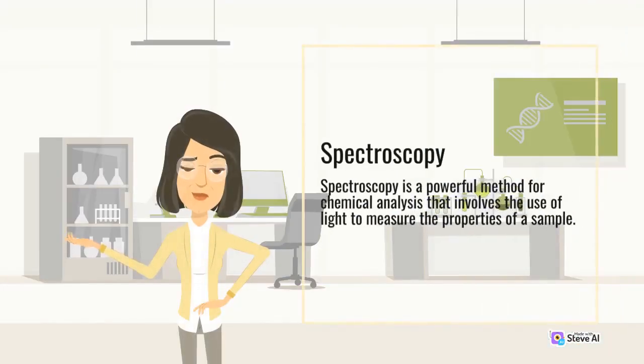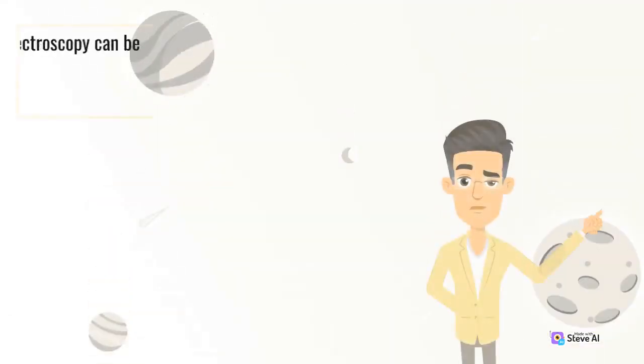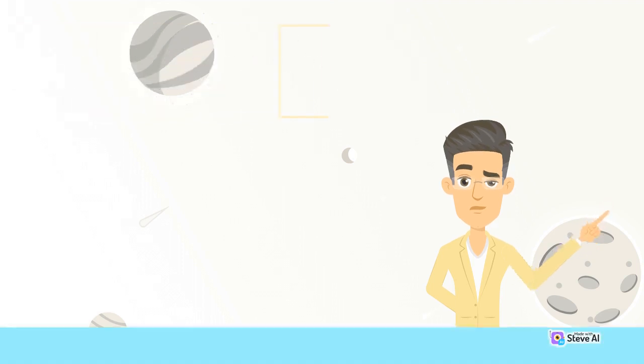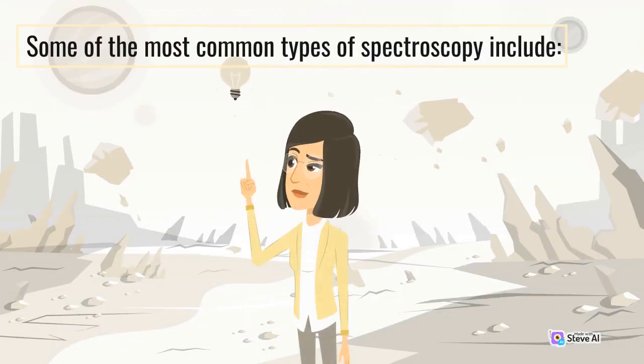Spectroscopy. Spectroscopy is a powerful method for chemical analysis that involves the use of light to measure the properties of a sample. Different types of spectroscopy can be used to measure different properties, such as the absorption, emission, or scattering of light by a sample. Some of the most common types of spectroscopy include